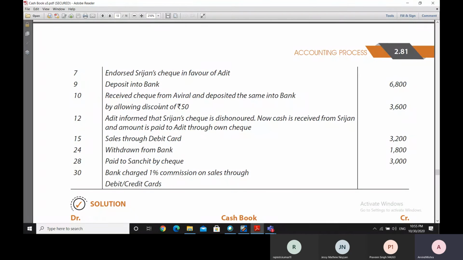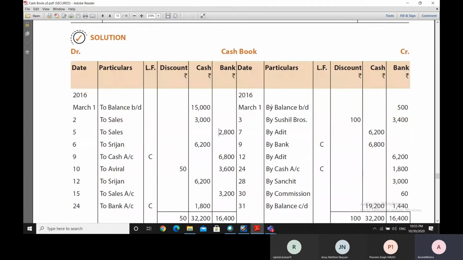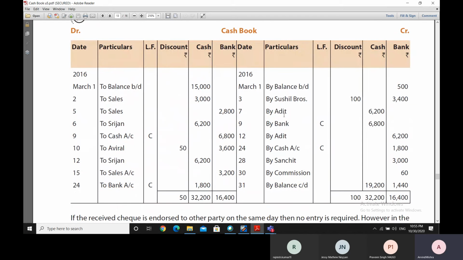Now, we have received a check from Aviral and deposited the same into the bank by allowing a discount of 50 rupees. So a check has been received from Aviral for 3,600 rupees, and we have deposited the same into the bank. So we can say that the 3,600 rupees mentioned here is straight away entered into the bank account, and the 50 rupees discount is also adjusted, because we have given